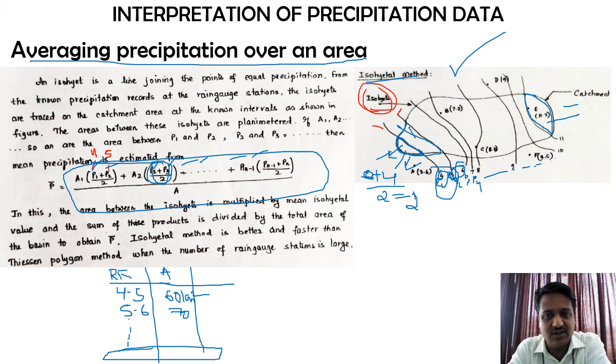In all these we had different ways. In non-recording we had Simon's type of rain gauge. For recording we studied the weighing bucket type, tipping bucket type, and siphon type of rain gauge station. Similarly in the telemetric we studied the radar as well as tipping bucket type of rain gauge station. Apart from that we studied the rain gauge network.